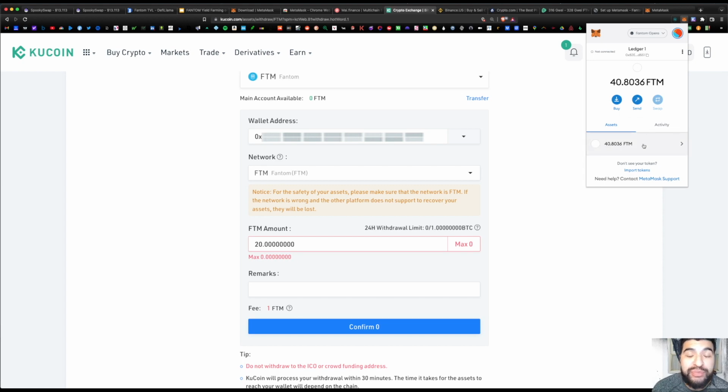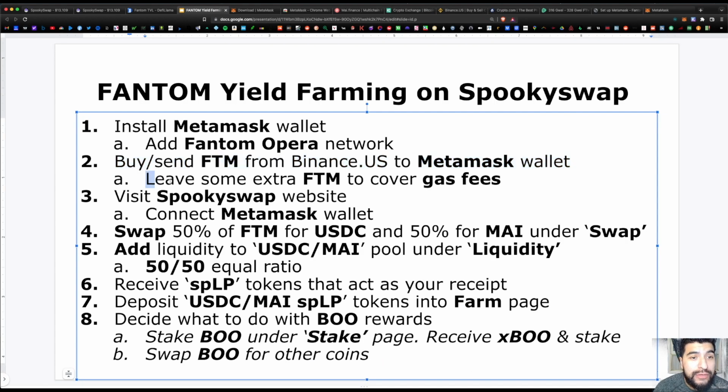Like I said, I've previously sent 40 Fantom tokens into my wallet. Cool, and don't forget to always leave a couple of cents just to cover gas. You don't want to be stuck with a pending transaction because you didn't have enough gas to cover the transaction cost. Cool, now that your wallet is funded, the next step would be to visit the Spookyswap website and connect